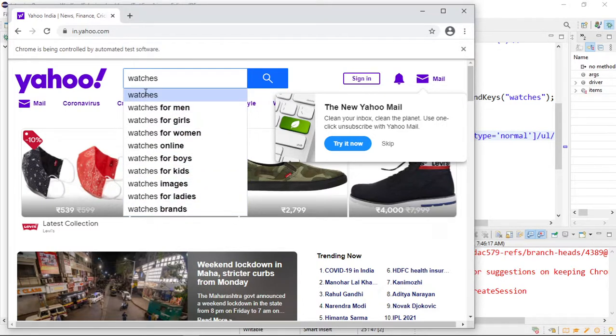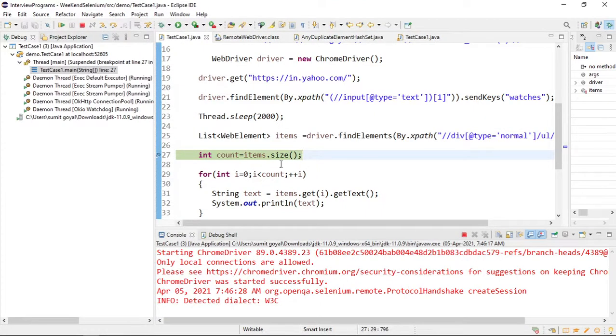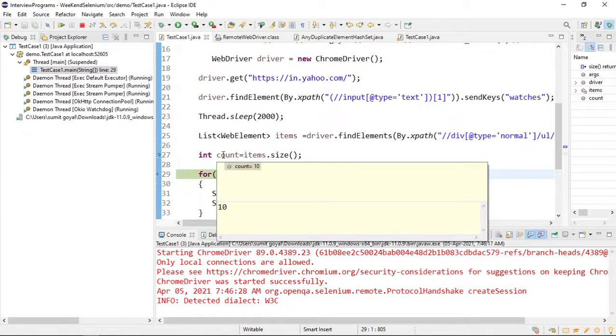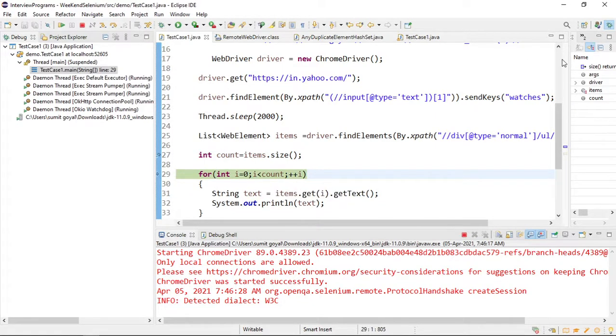At index number 0 this will be present, at index 1 this, at 2 this, 3, 4, 5, 6, 7, 8, 9, right? This is how all the data will be present index wise. So I am first calculating the count, so count will be 10. So this for loop will run 0 to 9, which is 10 times.